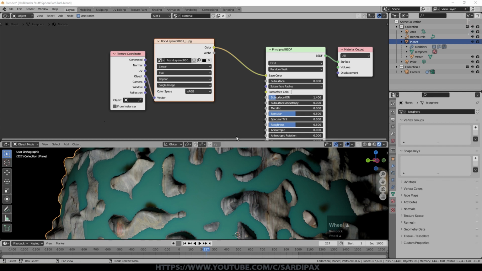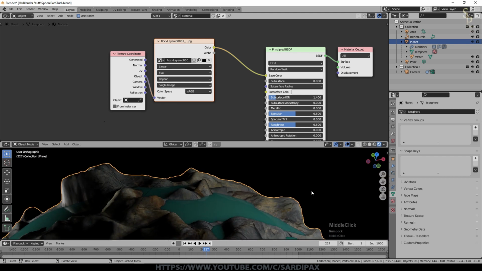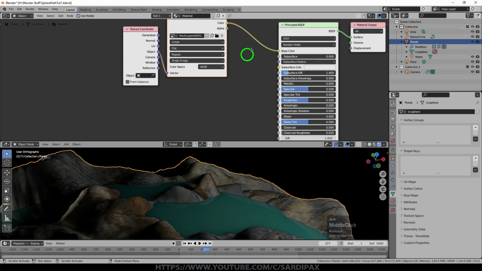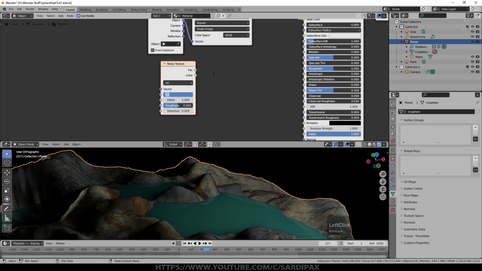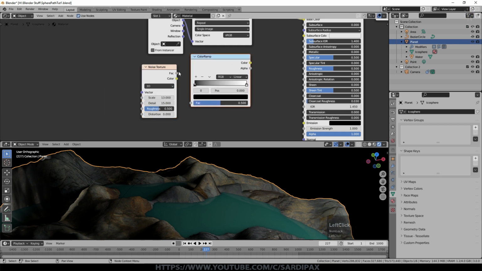I could have used that as the source for adding some additional surface texture, but I decided not to in this case. I decided to go another route. Before I did that, I'm going to add another texture, which is a noise texture. Set that to a scale of about 13, detail up to 16, 15 or 16. Looks like they've limited it to 15 now. And then add a converter, which is a color ramp. Take the factor output into the input of the color ramp, and then just tweak these pointers in a little bit just to control and set this to B-spline.